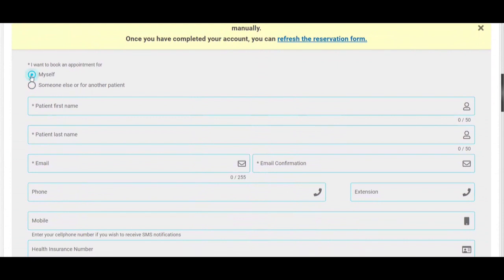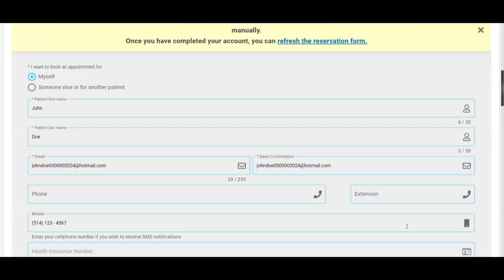In this case, we will book it for ourselves. I will put my first name, last name, and email. You can put your phone number if you wish to receive a confirmation booking by text message.